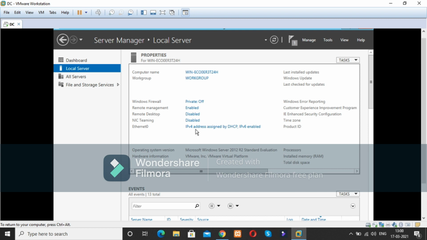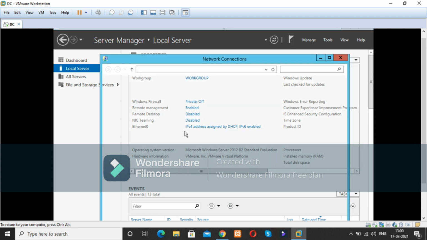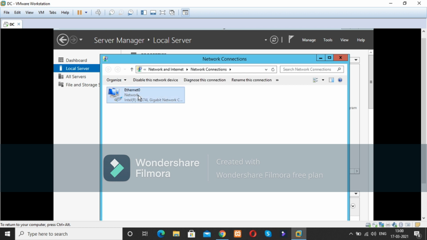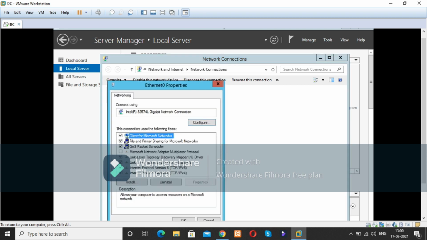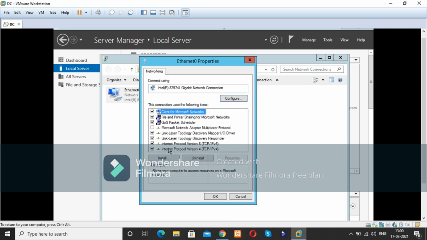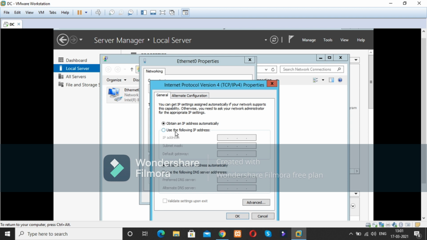Now I need to give the IP address. Just click on the Ethernet 0 and right click on it, properties. Here I need to click Internet Protocol version 4 TCP IP. Click on the properties. Use the following IP address.